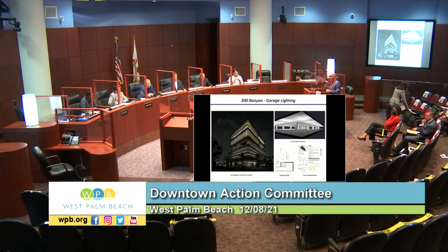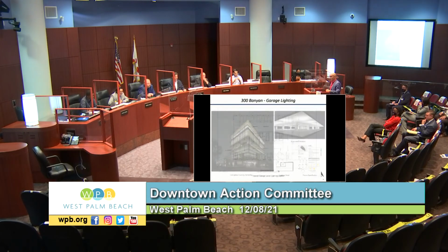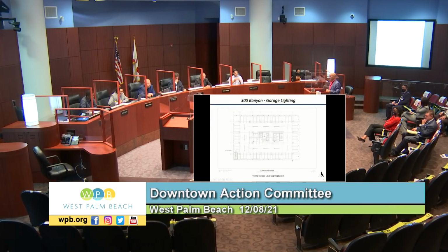So this is actually a detail of the light that's mounted in the floor. And I think Patrick had mentioned it. We've even located it in the plan of how you illuminate the ceiling of the garages to meet code, so people can safely come in and out of the garage, but not be able to see light bulbs from the street. So,